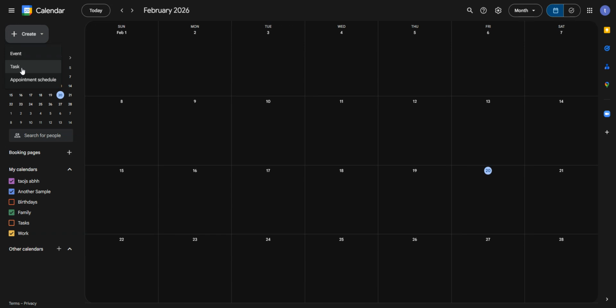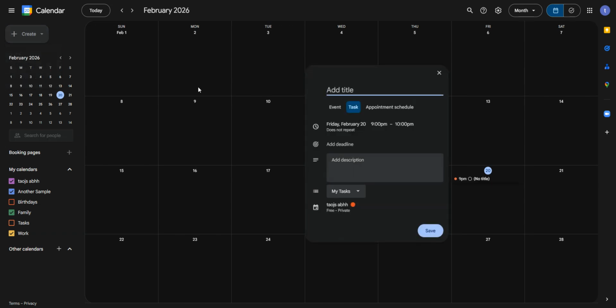Start by opening your browser and heading to calendar.google.com. Make sure you're signed in to the correct Google account so you're looking at the right calendar. You'll see your familiar calendar grid with days, weeks, or months. Tasks are different from events. They're lightweight reminders tied to Google Tasks, and they usually appear with a small checkmark icon or within the Tasks